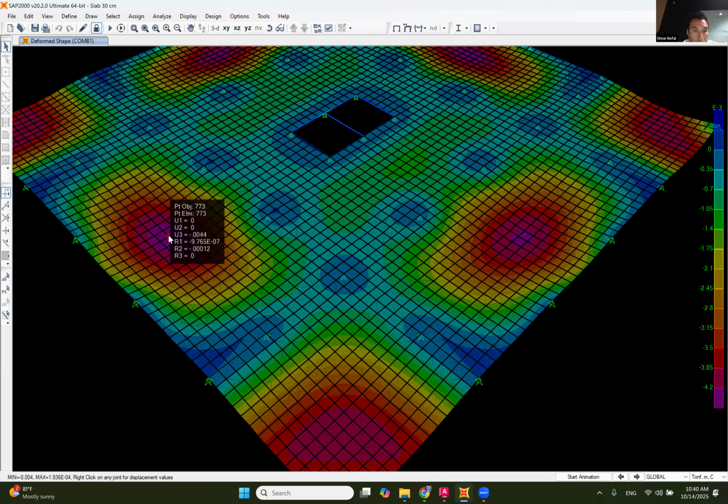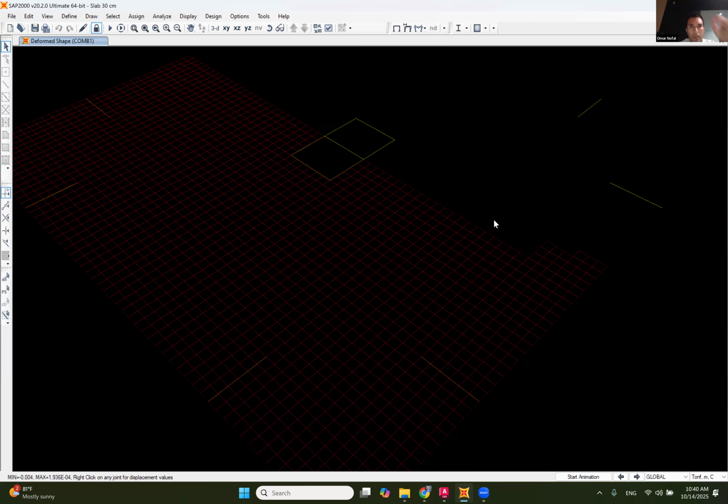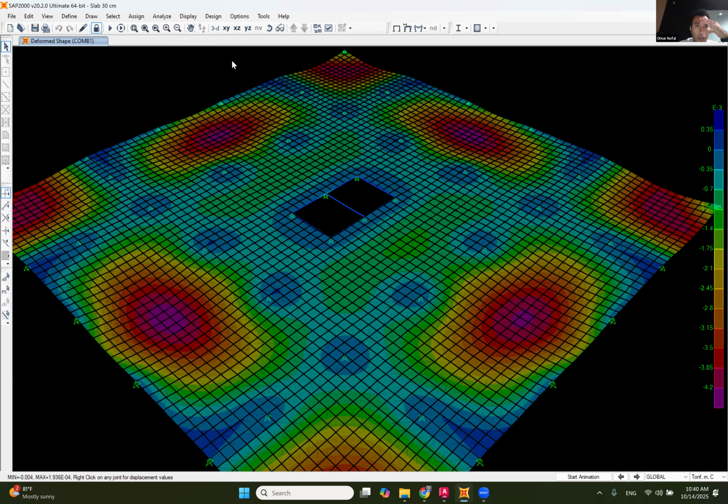Which is 0.004, which is almost the double. I want to look for the column that I drew, and do you guys remember where it was? Because the thing is, I drew a column somewhere here. Okay, let's